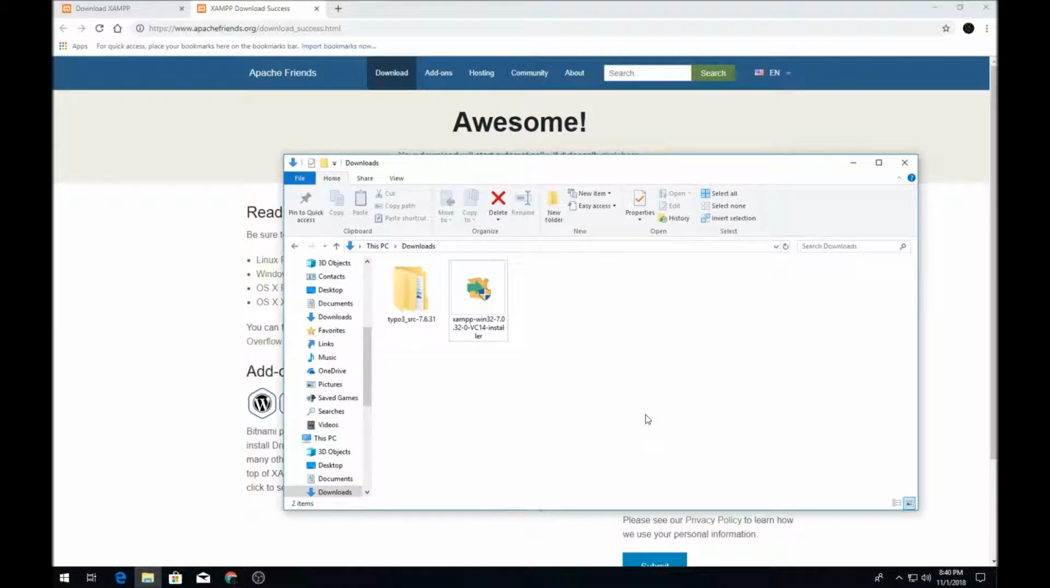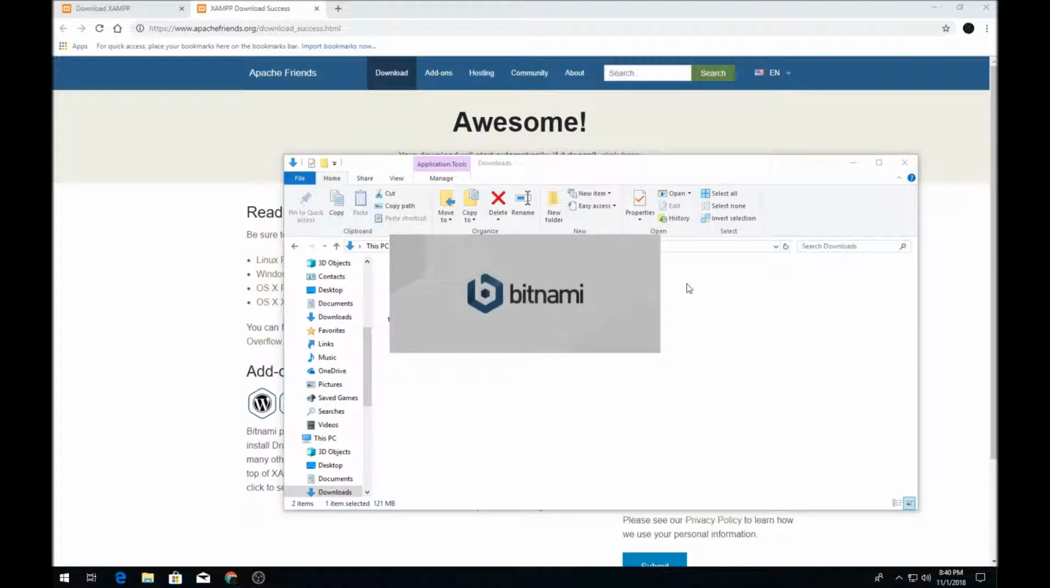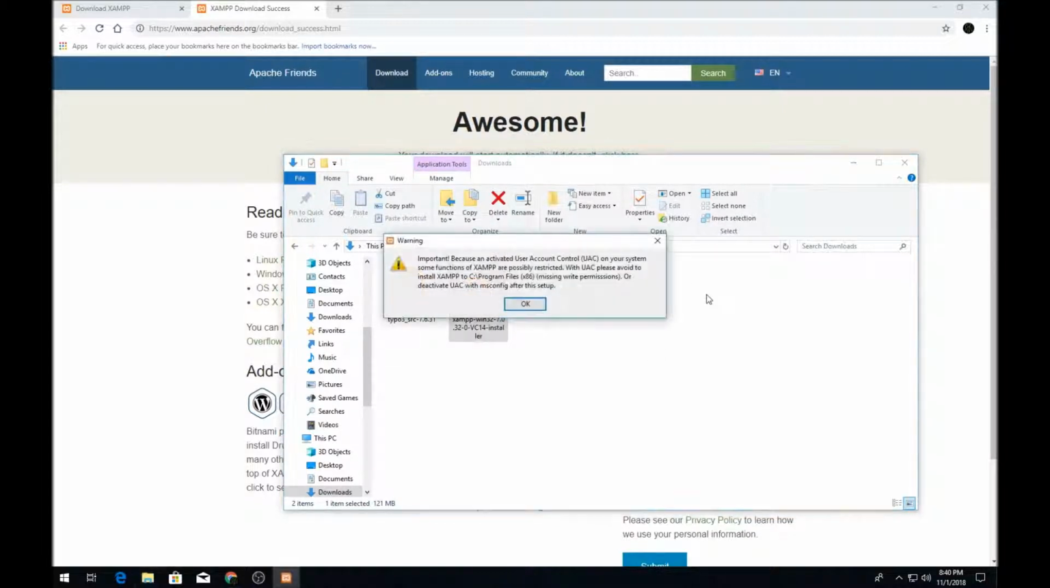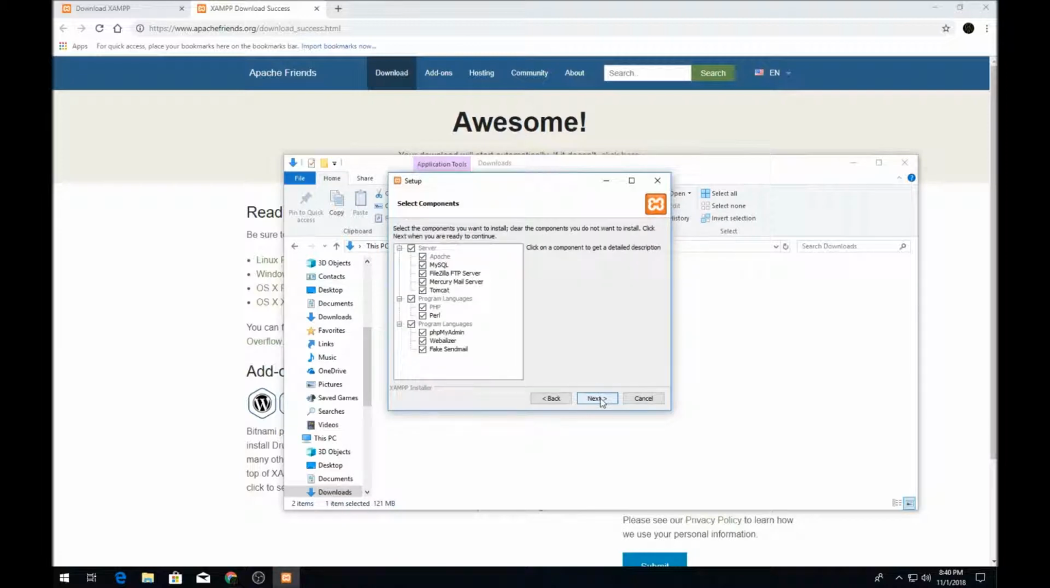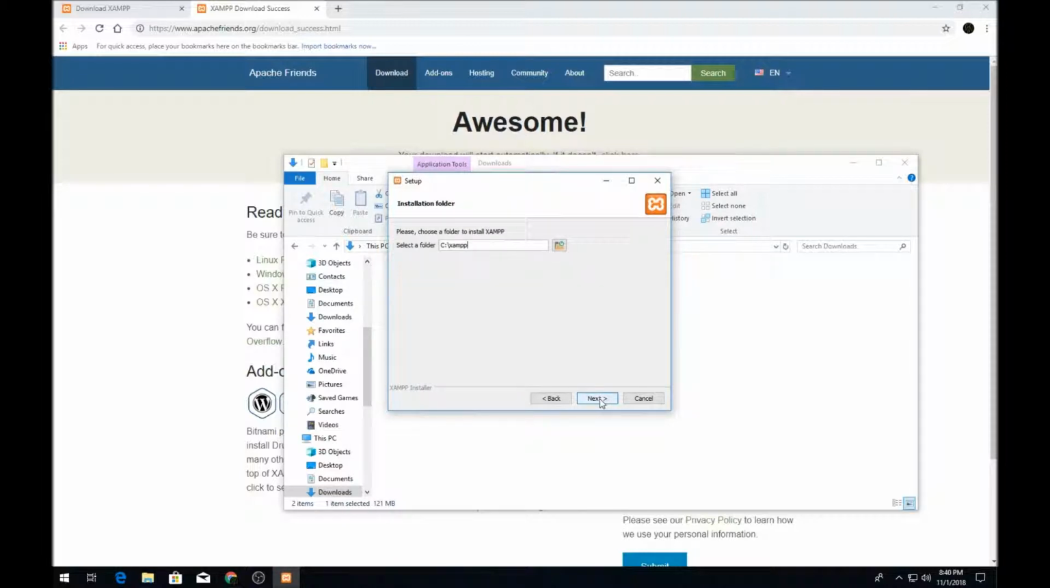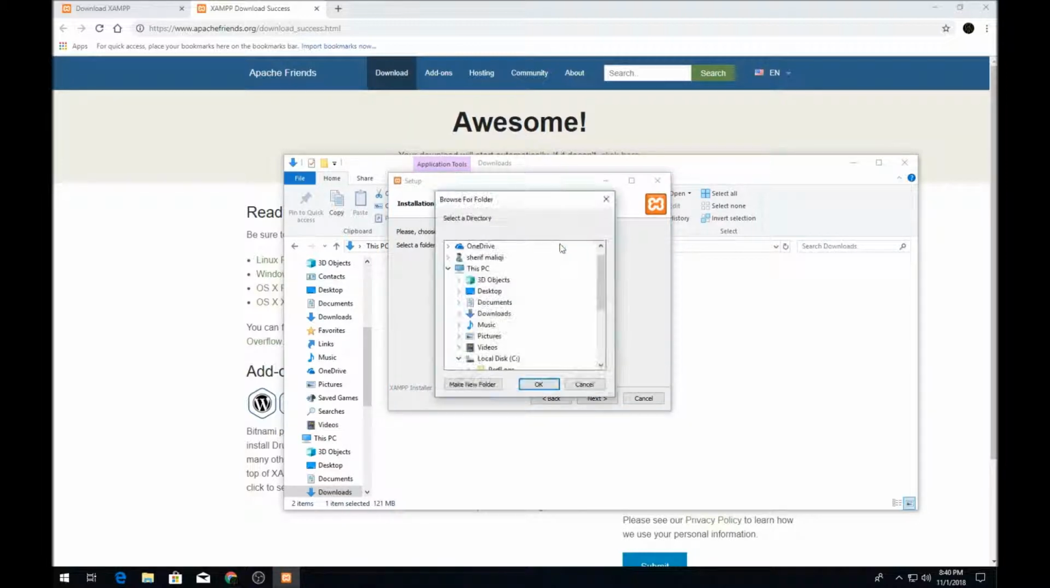A few moments later, and now that the Xampp is downloaded, we go ahead and click on it, say yes. Okay, we just click OK on this one. Basically just next. And what I'm gonna do now, I'm gonna make a new folder